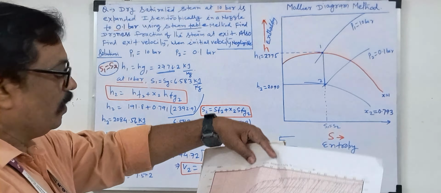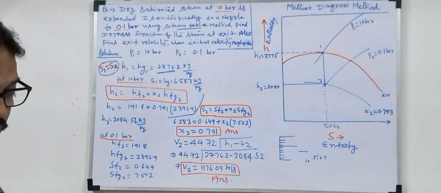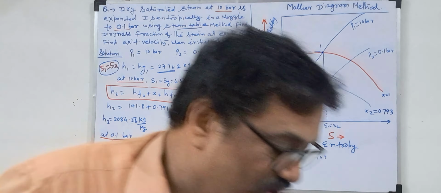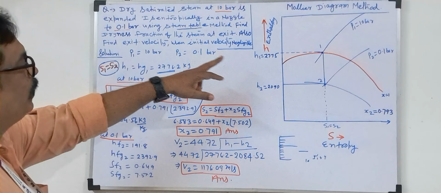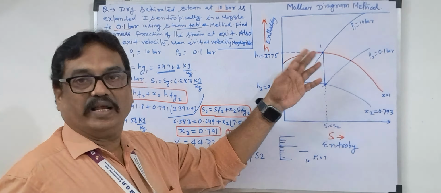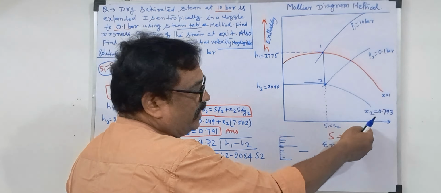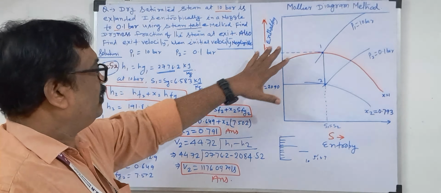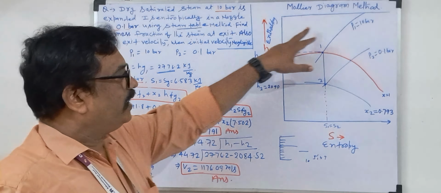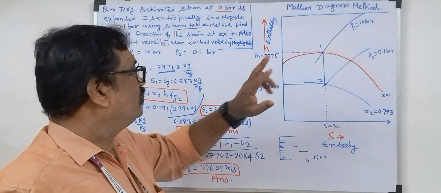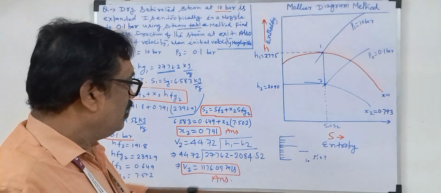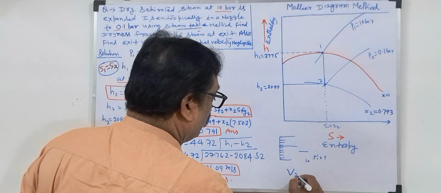So for this particular problem, if they are asking for the Mollier diagram, suppose this is a convergent nozzle only. So P1 and P2 will be there. Suppose it is a convergent divergent nozzle, P3 also. So again other pressures will be there. Then again dryness fractions will be there. And this Mollier diagram has to be in your answer sheet. H1, H2 you directly got. Directly you write the formula V2 equal to